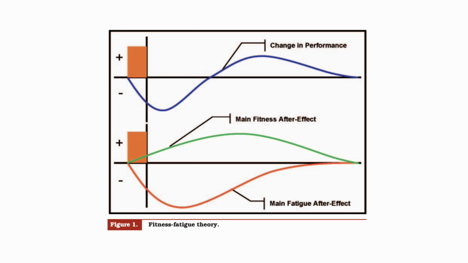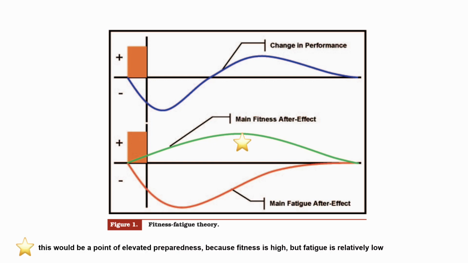Fatigue dissipates at a faster rate than fitness does. But we can't remain at that point of high preparedness forever. If you remember back to that GAS theory or the supercompensation theory, we have that period of involution where our training gains begin to fade off. We need another stimulus to help us. Otherwise, like I just said, our body is going to go through that period of involution where that preparedness will drop off, but so will that fitness. And ultimately, if we don't get another stimulus, then that fitness may decrease even below that baseline that we started at.